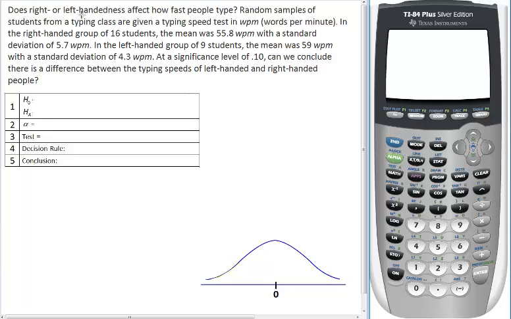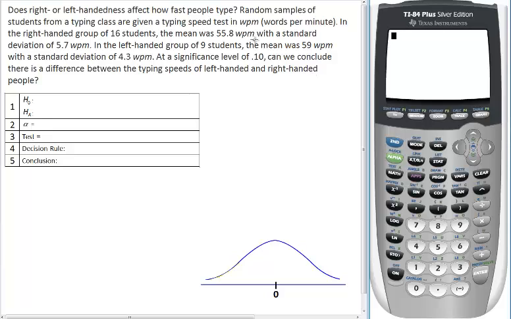Does right or left-handedness affect how fast people type? Random samples of students from typing class are given a typing speed in WPM, words per minute. In the right-handed group of 16 students, the mean was 55.8 words per minute with a standard deviation of 5.7 words per minute. In the left-handed group of 9 students, the mean was 59 words per minute with a standard deviation of 4.3 words per minute. At a significance level of 0.10, can we conclude there is a difference between the typing speeds of left-handed or